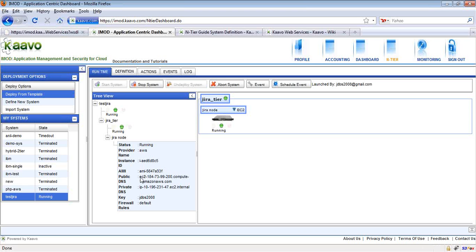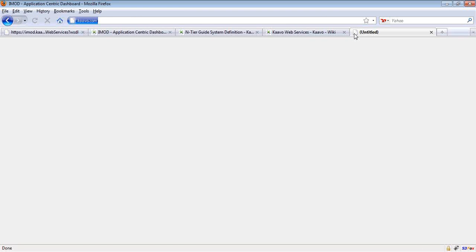I can do that by extracting the public DNS of the server and specifying the port at which the Jira application has been configured to start.